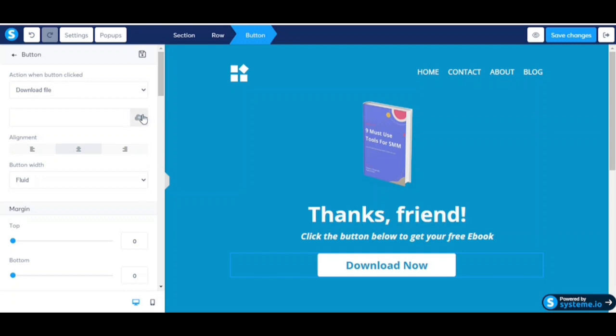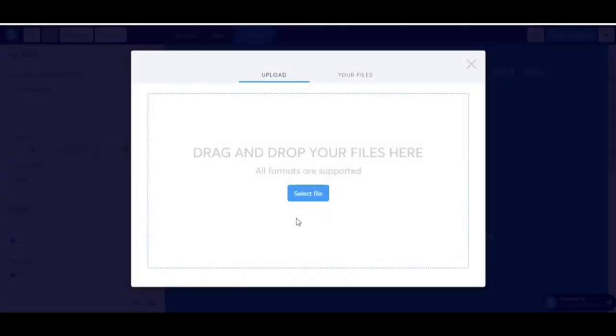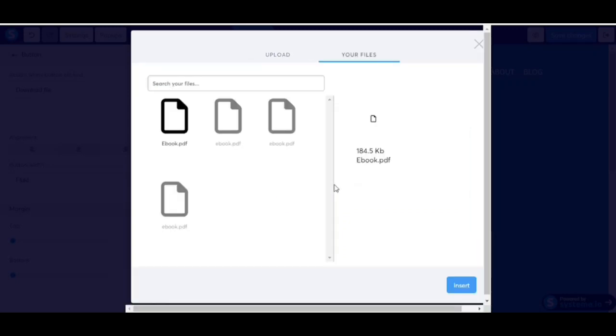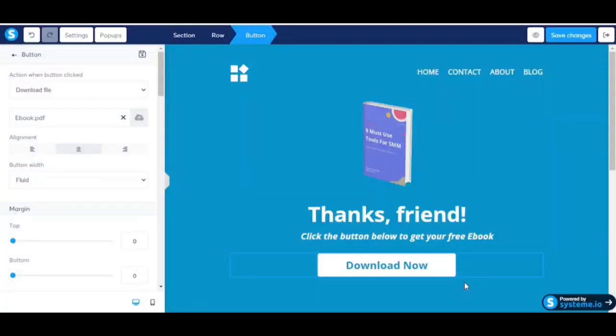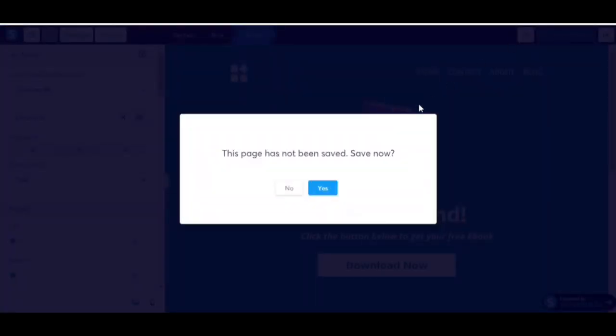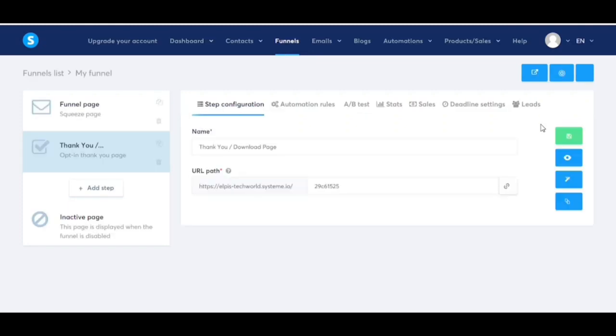And then now we want to upload our file, so we just simply come over here, we select the file. Yeah, this is our ebook right here. It's just going to take a moment to upload, and once we select it, insert, and voila, just like that. Don't forget to save. Okay, so we just saved, and we are